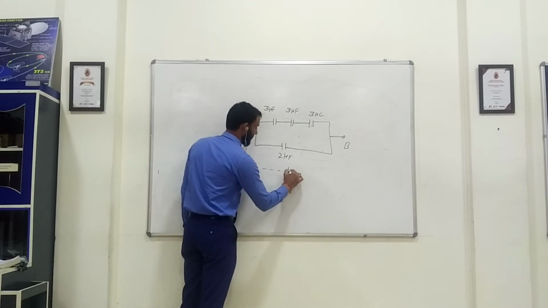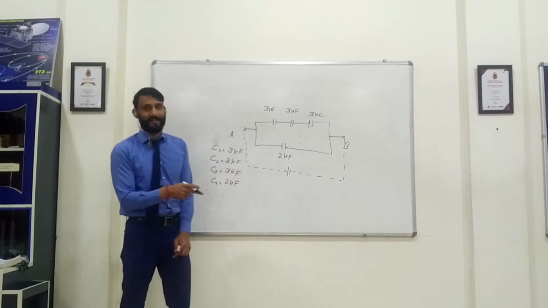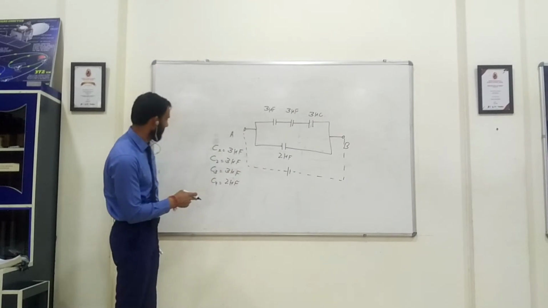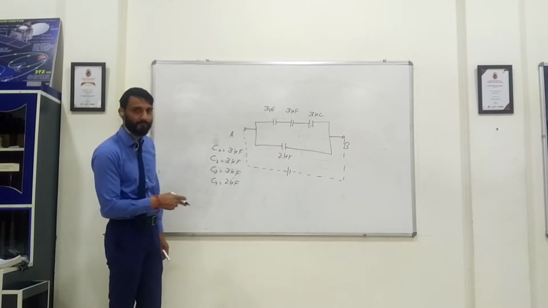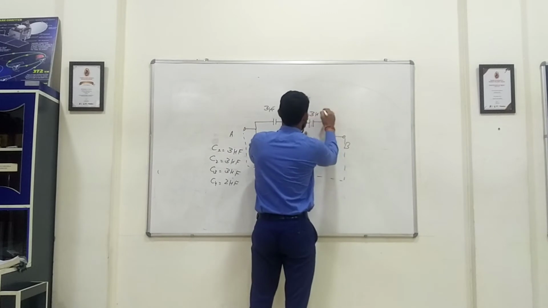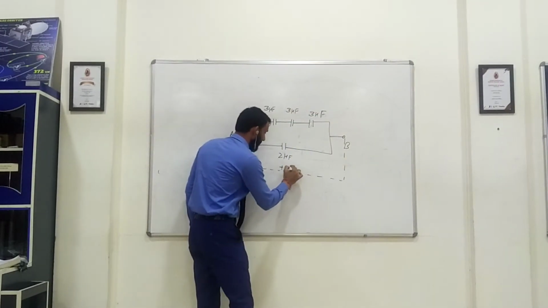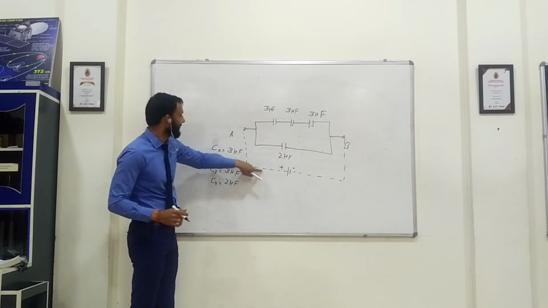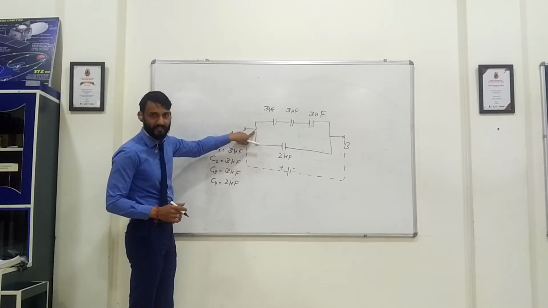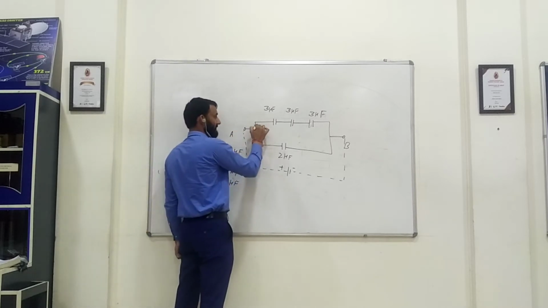This is not the battery which is given in the diagram, but I connected it with a battery. Okay, here also I wrote coulomb, sorry. So if I connect it with a battery, charge will come like this. At this point, the charge will get divided because charge has 2 different paths to travel. One is this, and the other one is this.